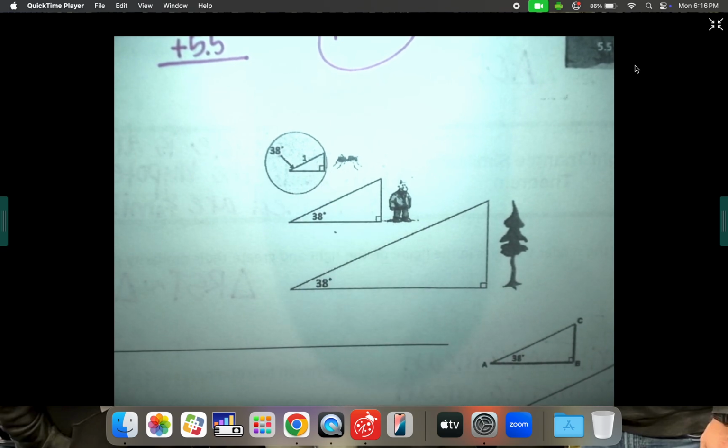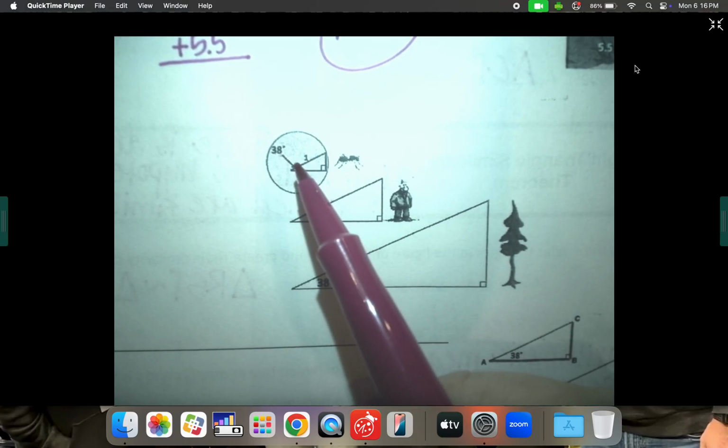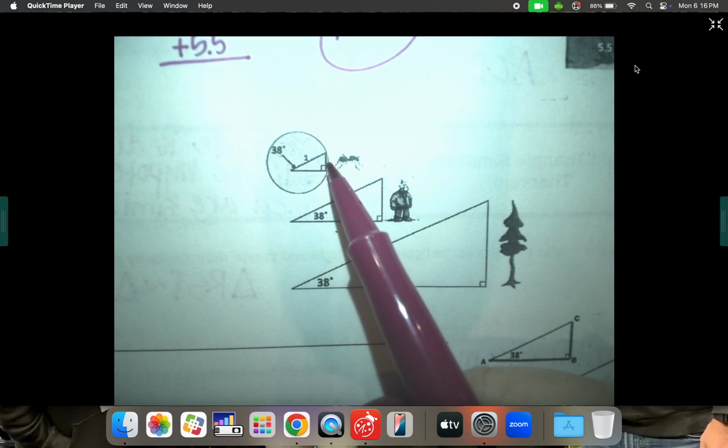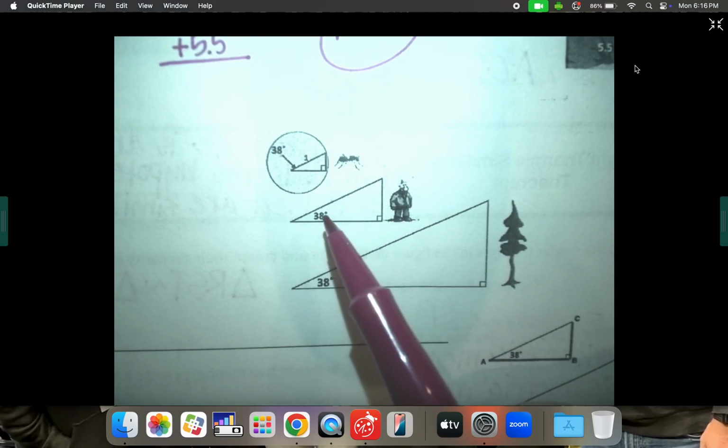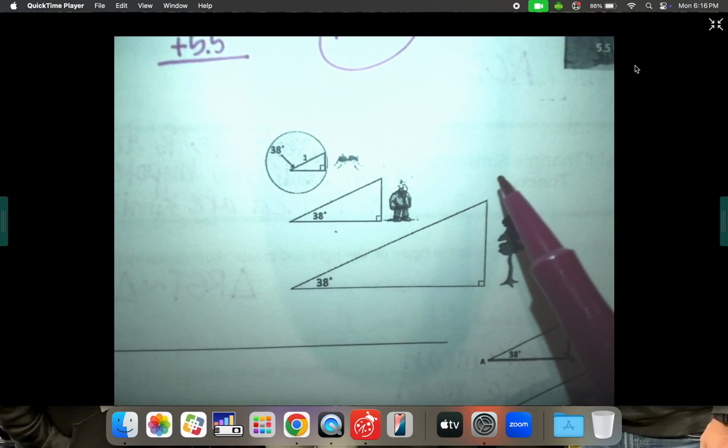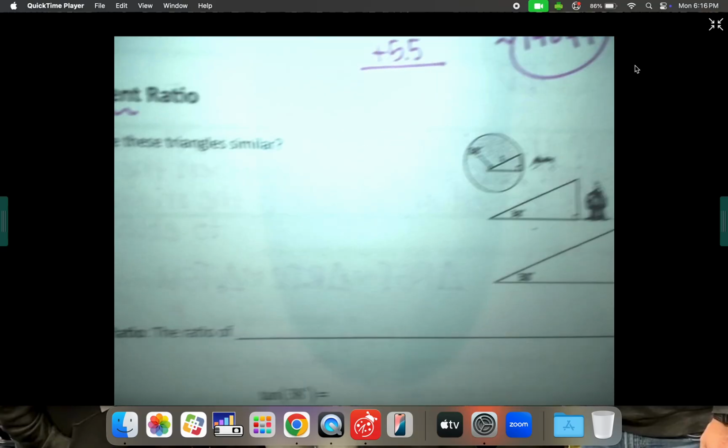So that is enough information to be able to say yes, because there is something that we've already learned called angle-angle similarity. If you have 2 of the same angle degrees, then that means you have the third one. And if all 3 angles are equal, then they are all proportional. So we are going to say yes